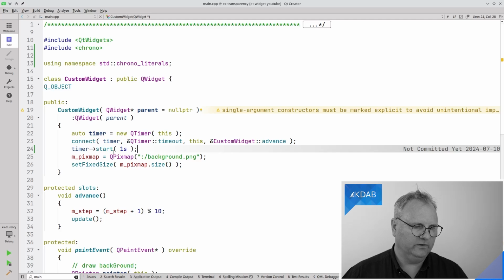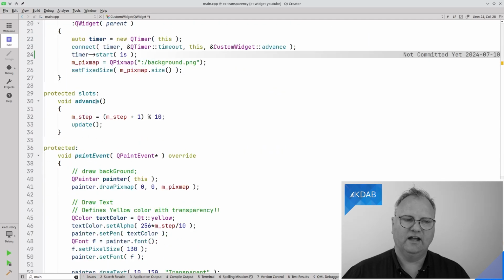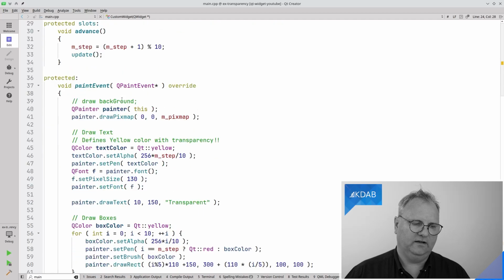Okay, here's my custom widget. I have this protected slots. This is really old code, trust me, so I do not need it to say slots there anymore, but hey, it does, and it doesn't do any harm. My advanced method, I simply take my m_steps, which is an instance variable that goes from 0 to 9, and every time it's increasing, I call update, which will make Qt ask me to paint myself on the screen using the paint event.